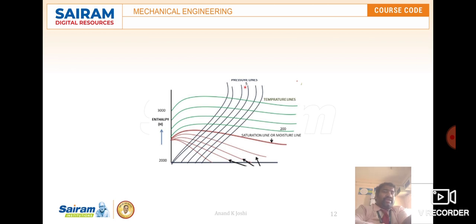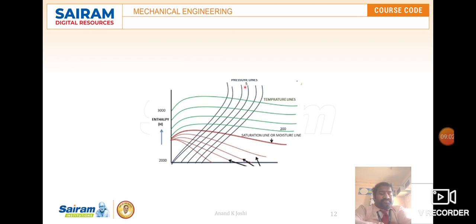So this is very easy for identifying the values. The advantage of using this is that we can find these values easily, and it is much less time consuming compared to the analytical method. If you are perfect at identifying the values on the HS diagram, you can save time instead of doing the calculations. That is one more advantage of this. Okay, so this is about the HS diagram for enthalpy and entropy.